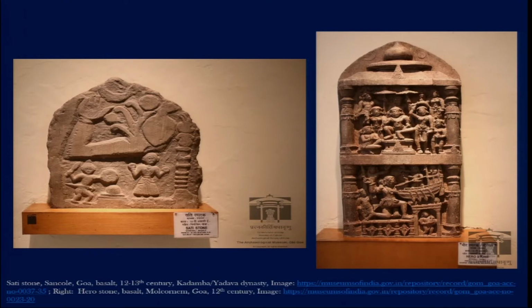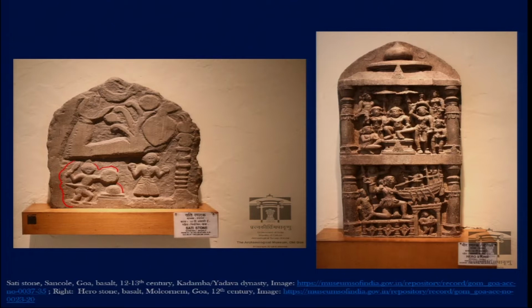So apart from this kind of thing, we also sometimes find in the Sati stone that there are male members, perhaps the deceased husband of the Sati, placed with their Anjali Hasta, both hands joined together. So these are some of the traits that we find as part of the Sati stone, and here also we find that there is perhaps a warrior figure in the lower register of this Sati stone,